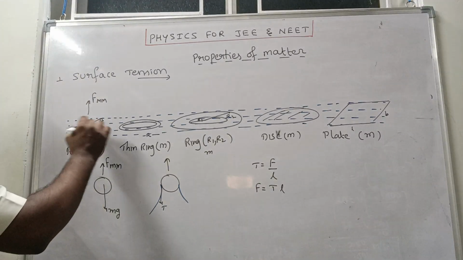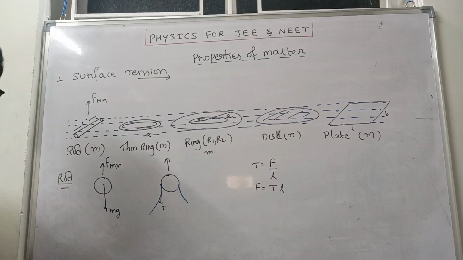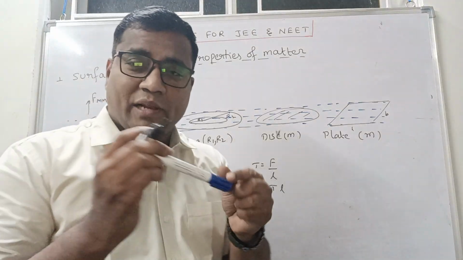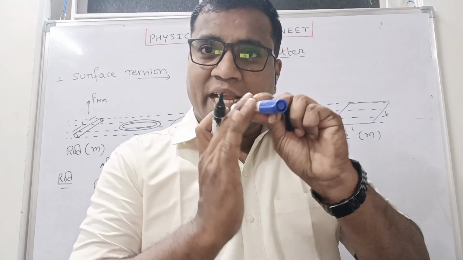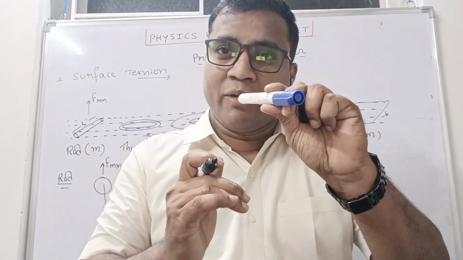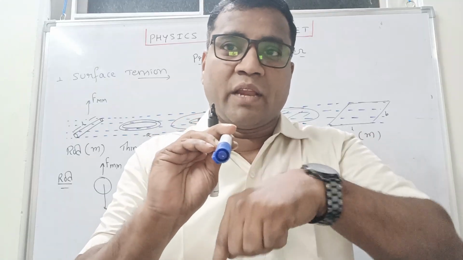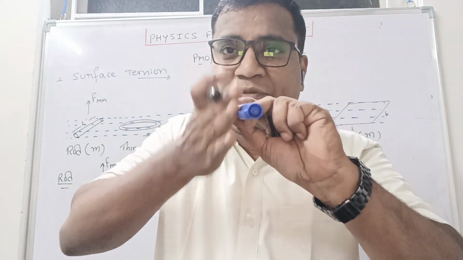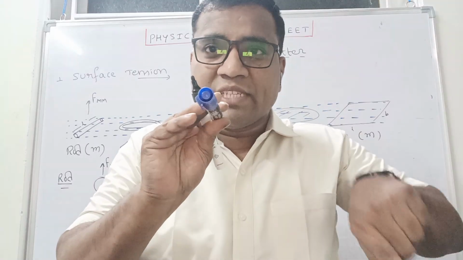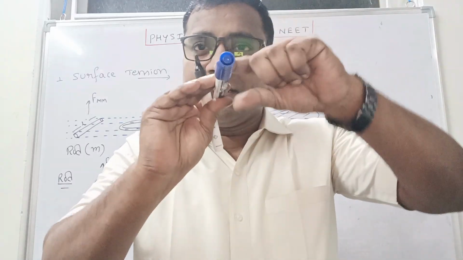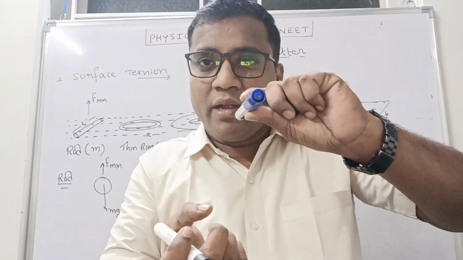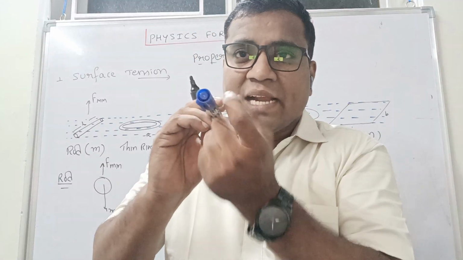So I am considering the length of the rod as L. So this side downward tension into length, and this side also downward tension into length. Don't get confused. Why? Because here also free liquid surface is there, and here also liquid surface is there. So when I lift, from this side tension into length, and from this side tension into length